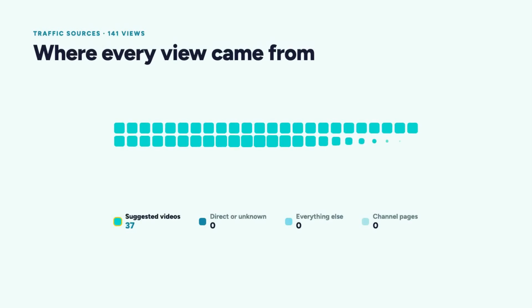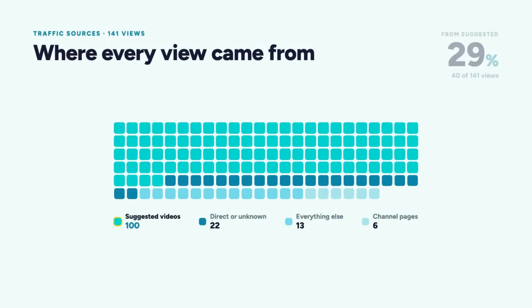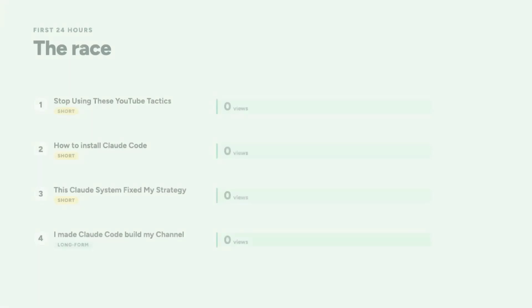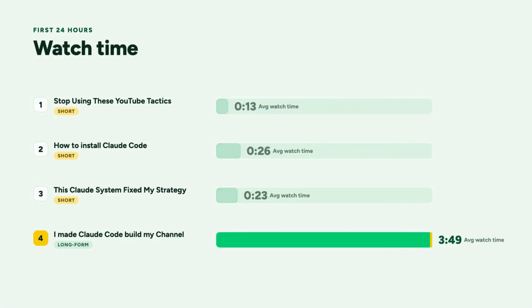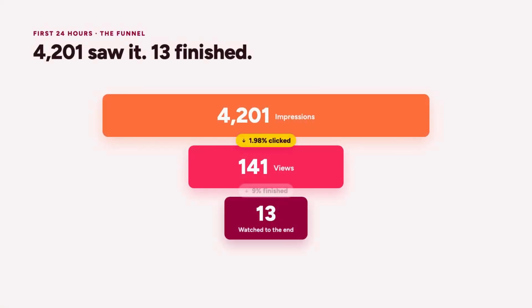For traffic, it correctly showed that most of it came from suggested. Well, it is a new channel. For the video race, it compared the short against the long video. The short got better views, but the long one got better watch time. And the discovery funnel. How nice of it to let me know that over 4,000 people decided not to watch